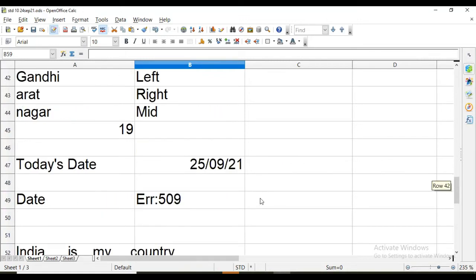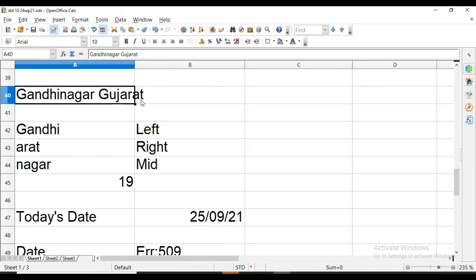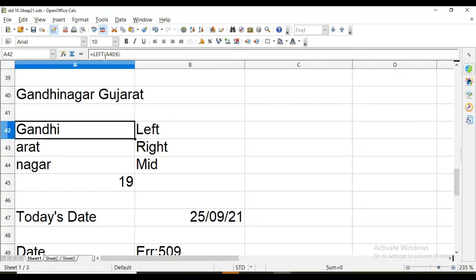Then we have seen the substring functions, that is LEFT, RIGHT, or MID. In this text we have used Gandhinagar, Gujarat, and from the left we have taken a few characters using LEFT, then the whole text, that is the A40 cell address, and then semicolon, how many characters from the left we want to copy.